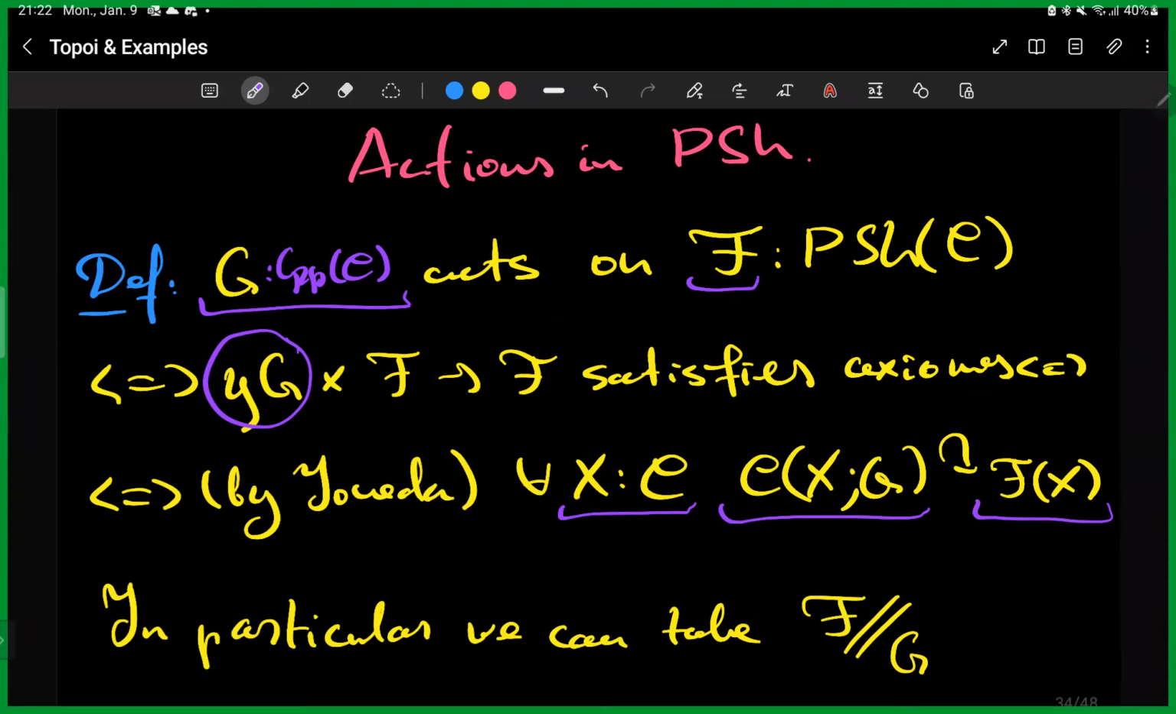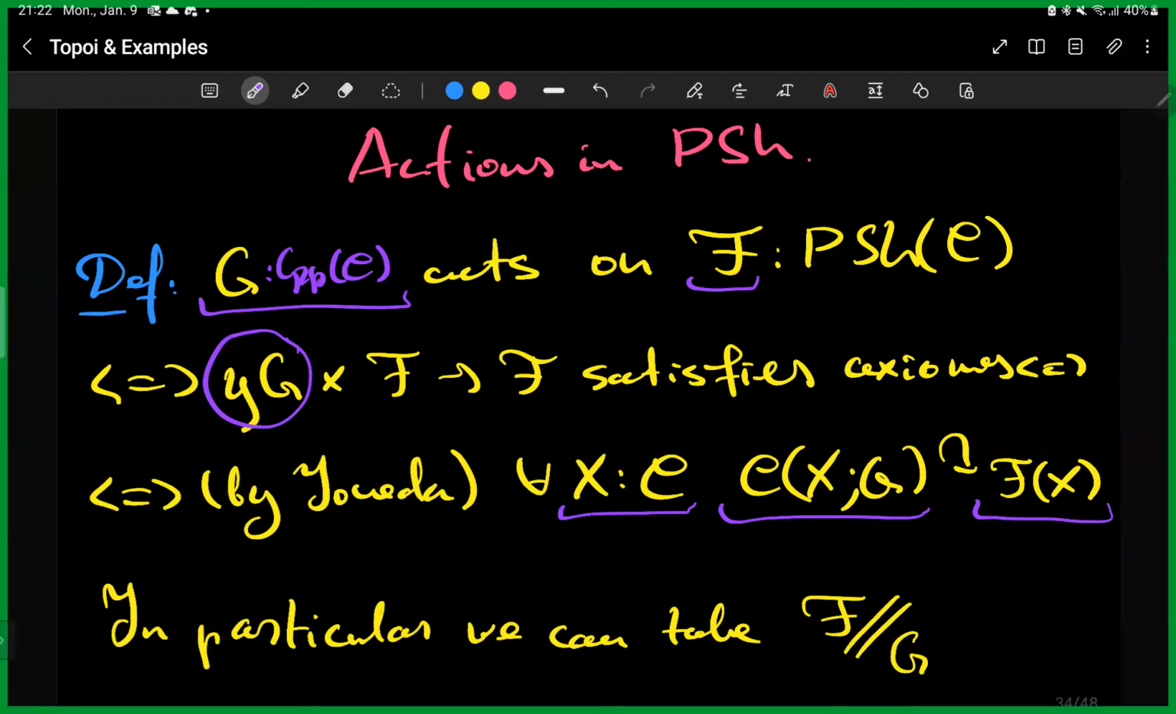So I hope it somewhat clarifies your previous question. And of course, if we have such an action, we can define the quotient, this simplicial quotient